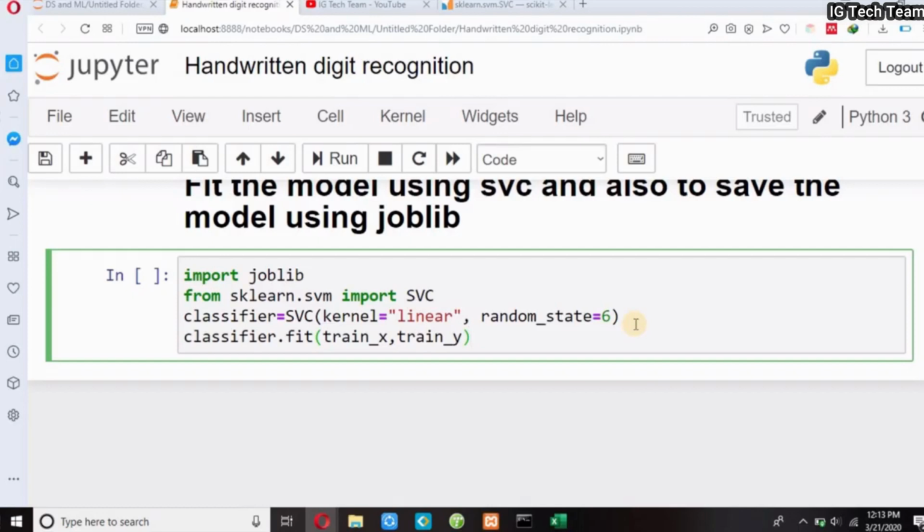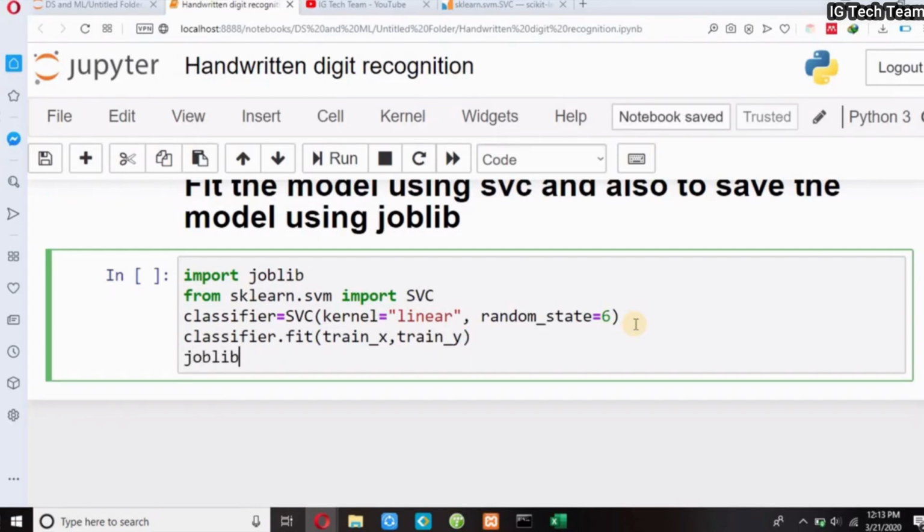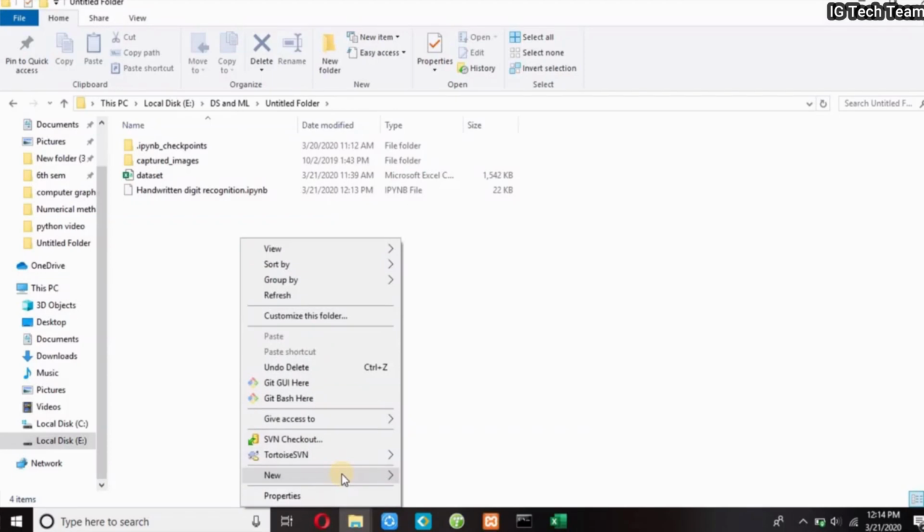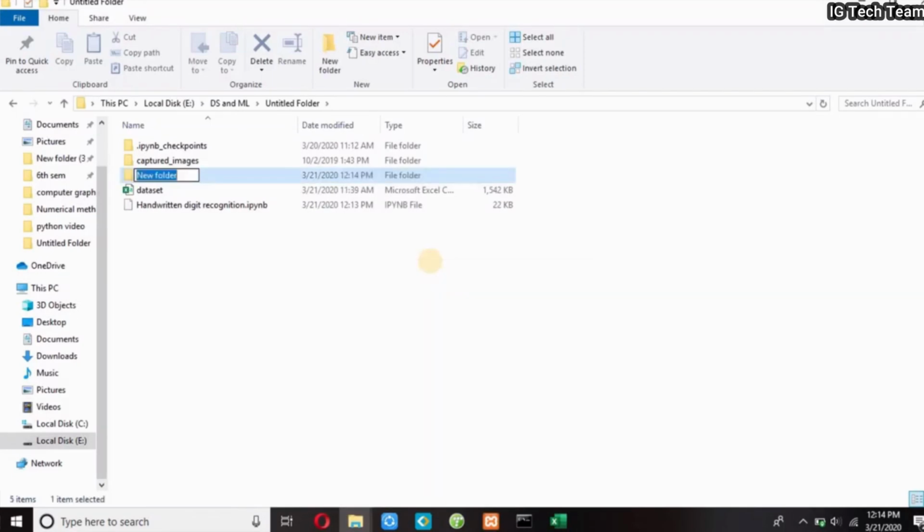And to save my model, I have to write joblib.dump. What I have to save? I want to save classifier, so I have to pass classifier. And then I have to give a path and name of my model. I didn't have model folder in my directory, so let me create it first. Great.